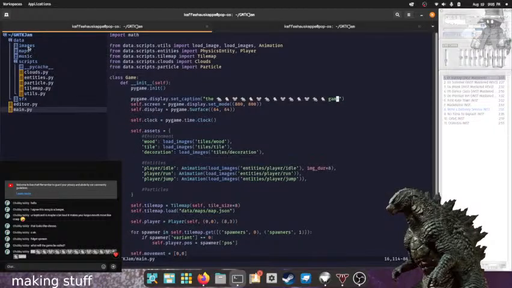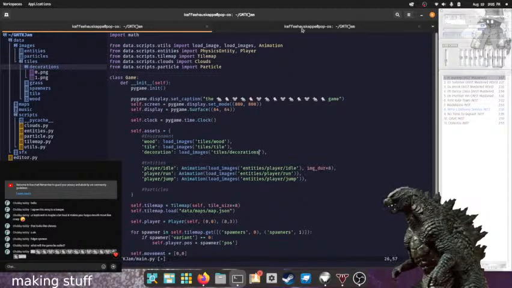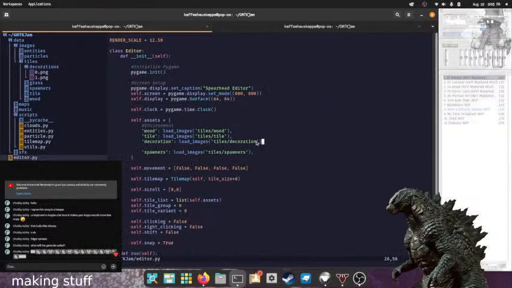Data/image/styles. Images, styles. Oh, I named it decorations. My bad. That's fine. Let's go to editor real quick and also fix that in here. And I just realized I do need to make a new level because our current map.json isn't gonna cut it.